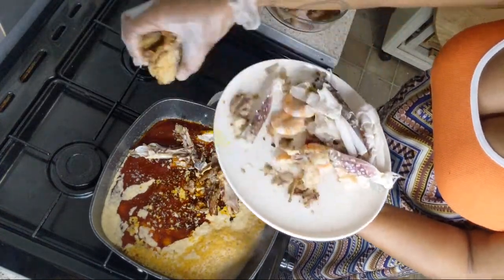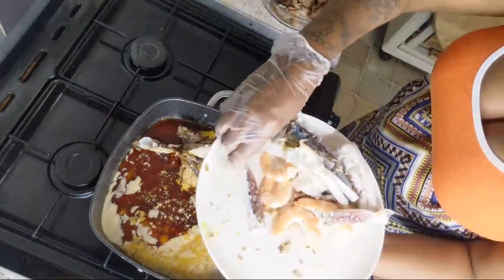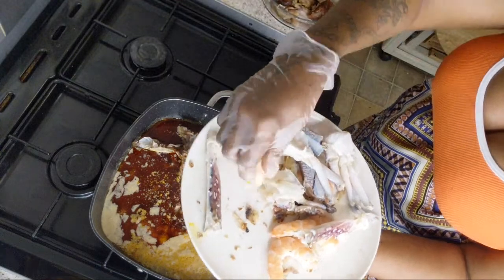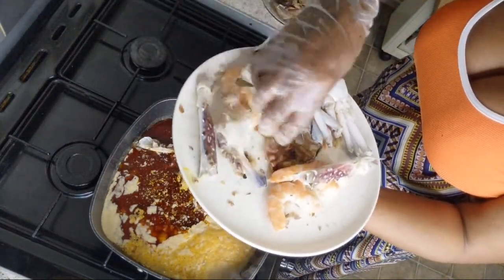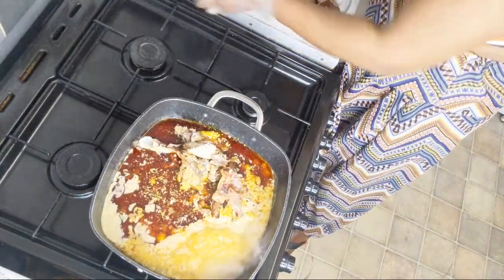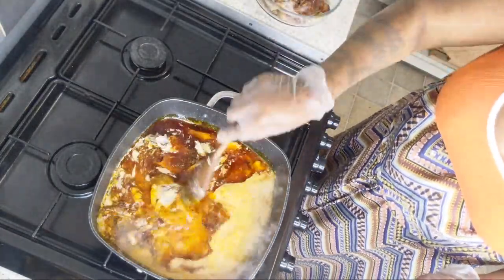This is Crain. When you follow this recipe, you always like to eat this, and this is a fresh one. And this is already pre-cooked prawns. That's going to go last, and the crab. So I'm going to add